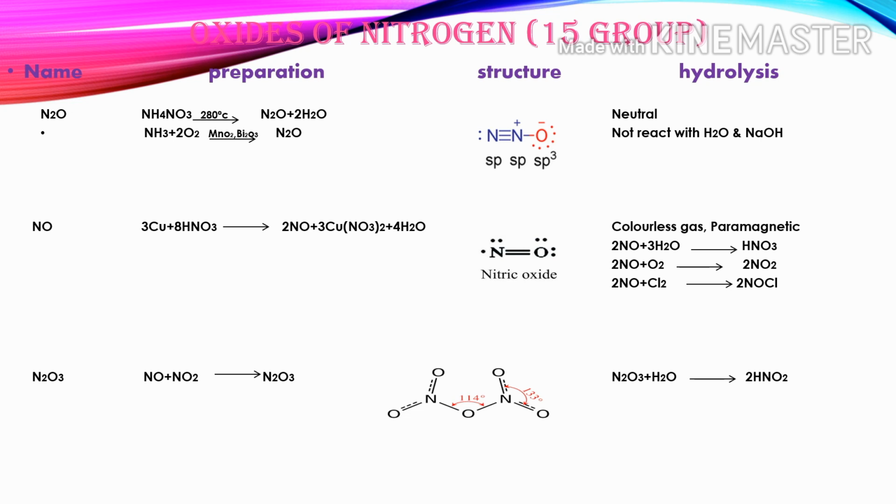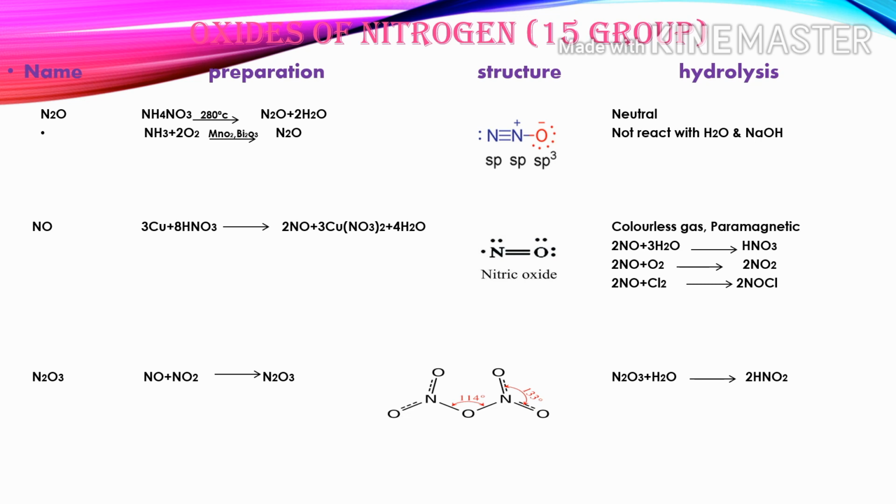Nitrous oxide does not react with halogens, alkali metals, and even ozone at room temperature. It is a relatively inert oxide of nitrogen. So the stability of nitrous oxide is high. When it is heated to 600 degrees centigrade, it decomposes into nitrogen and oxygen. Nitrous oxide does not react with water and sodium hydroxide, so it is a neutral oxide.